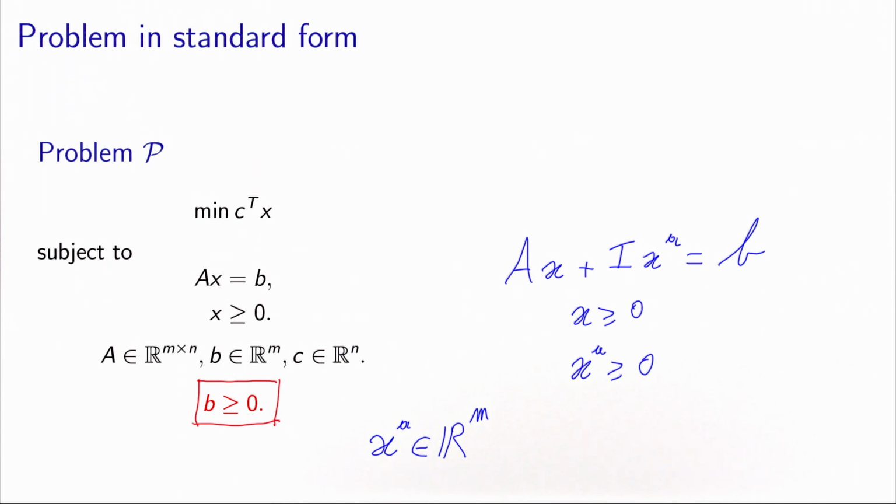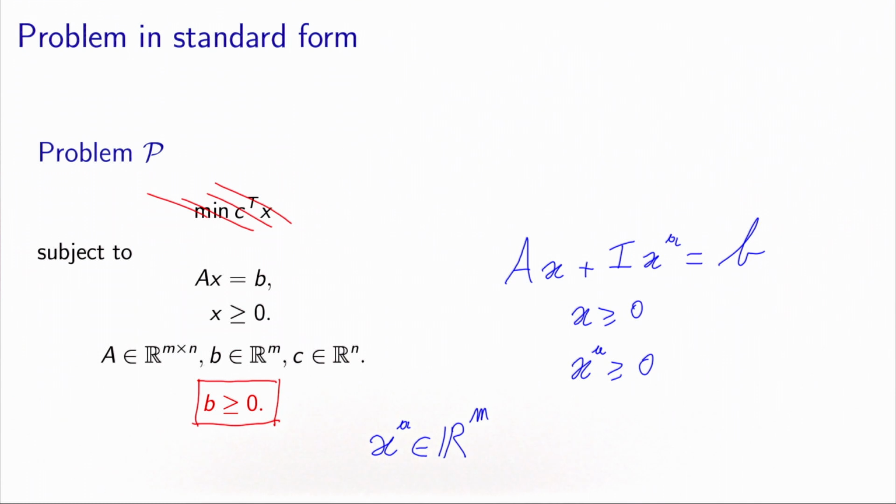But what does it have to do with our original problem? Two comments here. First, what we are trying to do is to find a feasible solution, the initial feasible solution. So actually, in this context, we don't care about the objective function here. This is something that we will deal with later on. Right now, we focus on finding an initial feasible solution.